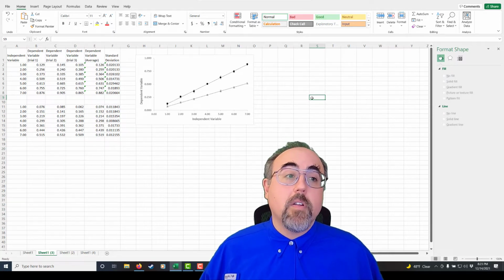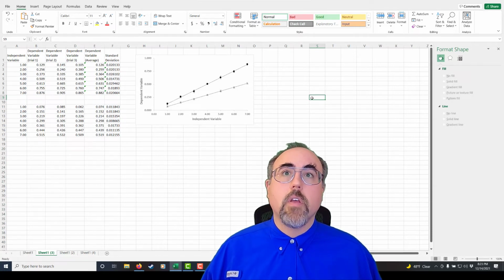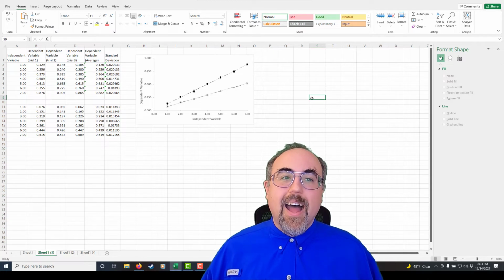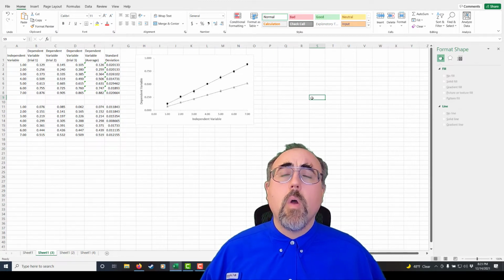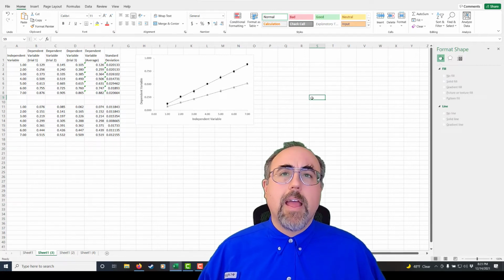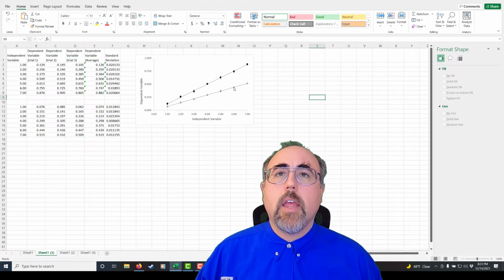Second, this is an accessibility issue. If someone is colorblind, having a red and a green dot does not help them if they can't distinguish red and green because they're red-green colorblind. So you always want to make sure it's understandable in black and white. And the way you do that is you